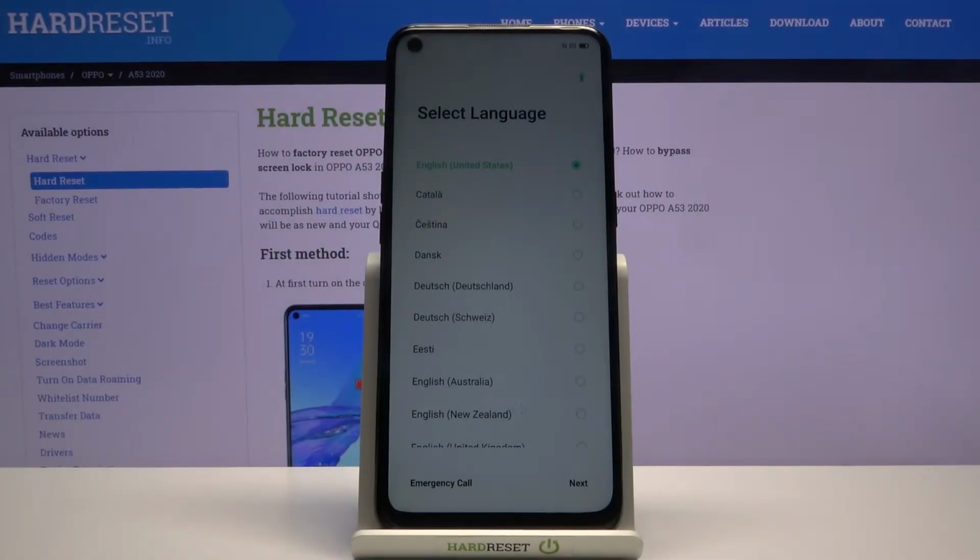Welcome, in front of me is an OPPO A53, and today I'll show you how to go through the setup process of the device. And when you boot it up for the first time, you'll be presented with a kind of welcome screen